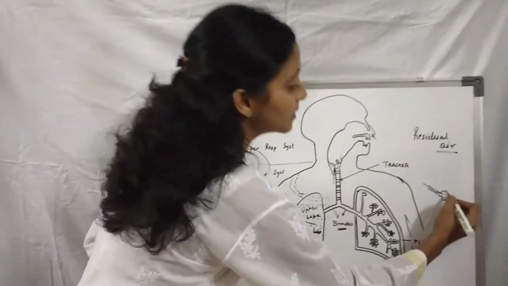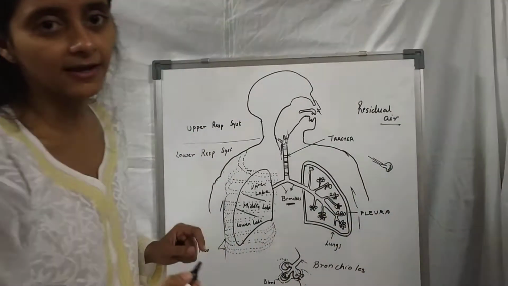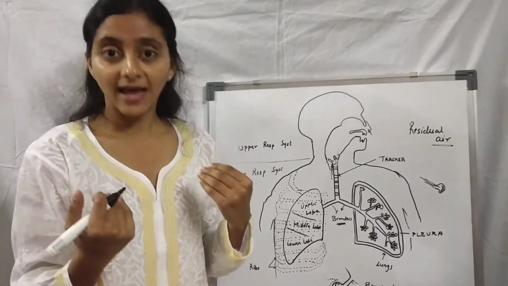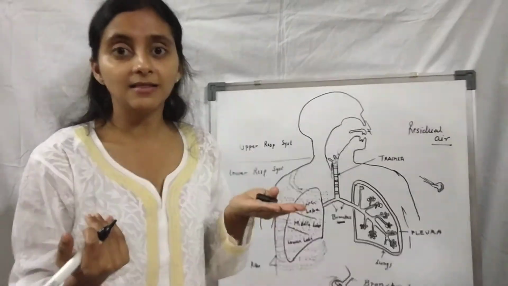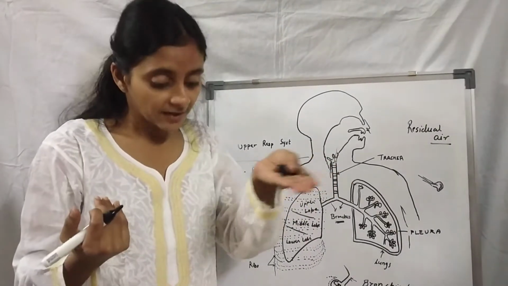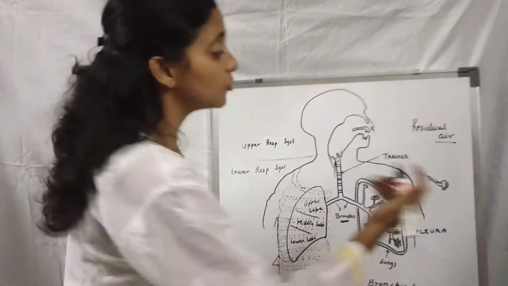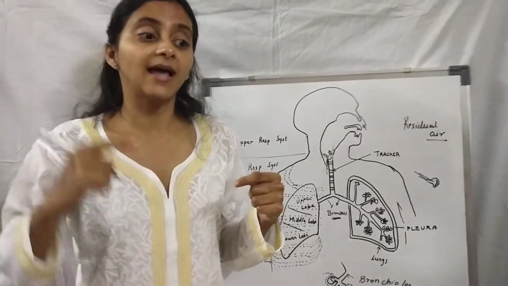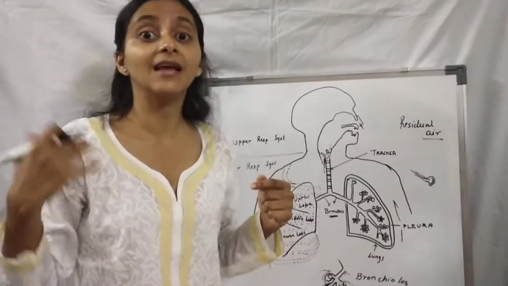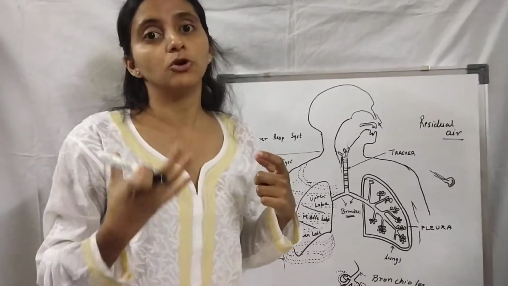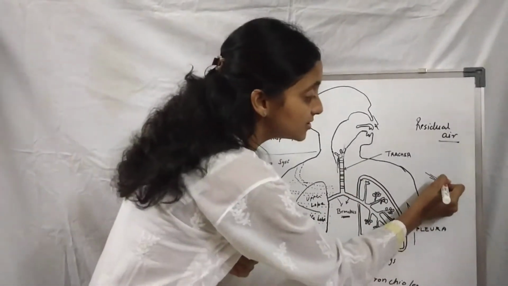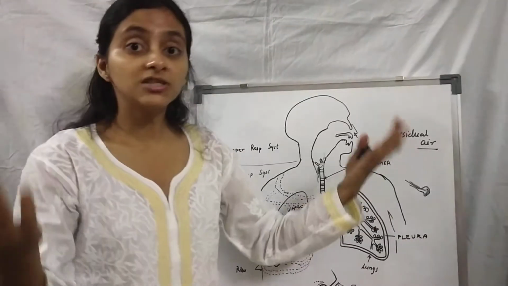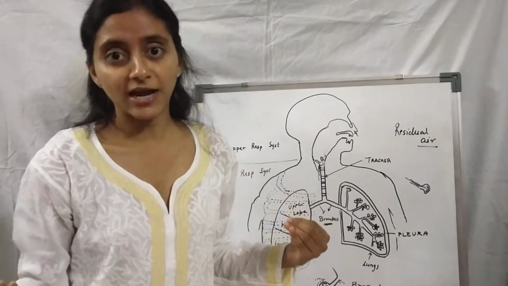Now this residual air is like a stagnant air. It does not have that much level of oxygen that the fresh air you breathe has. It is a stagnant air which is lying in the lungs, which is wasting the area of the alveoli. So deep breathing in is important, but breathing out to the full capacity is also very important, so that you get this residual air out. Once this residual air goes out, your lung has more space to breathe in the fresh air. Okay?